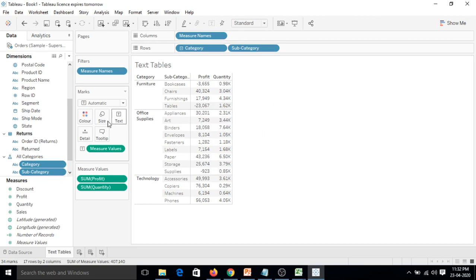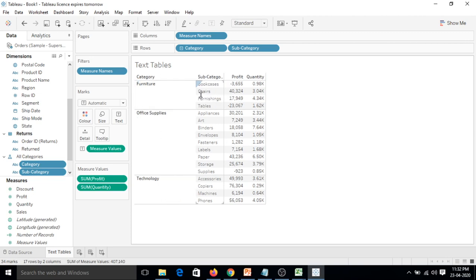The last thing we can do is put color on this chart. Let's expand this a little bit to see a better view.